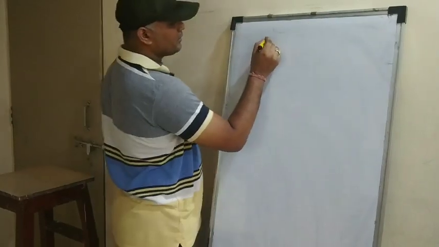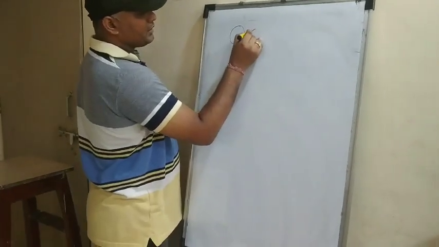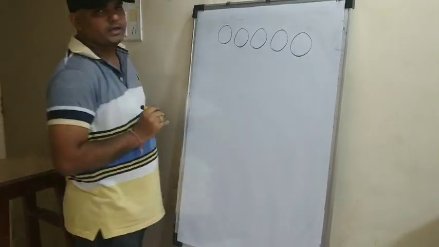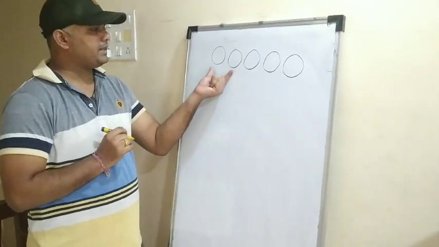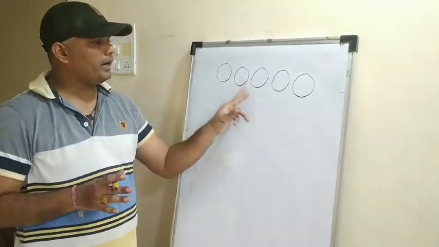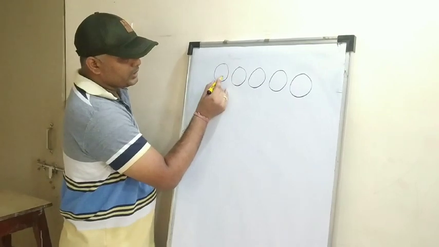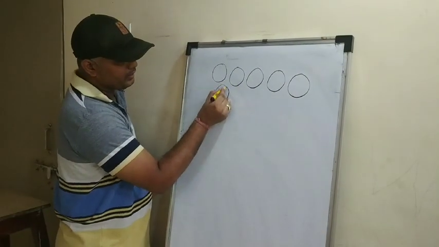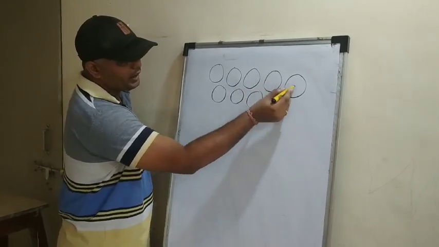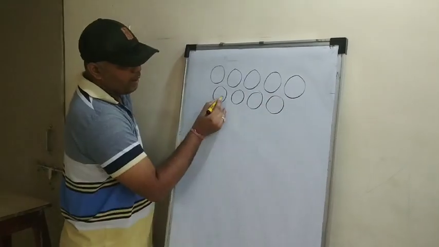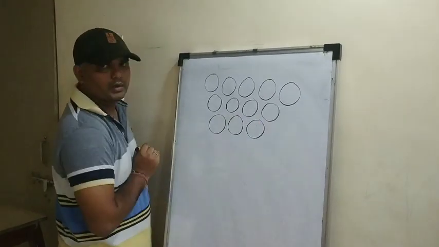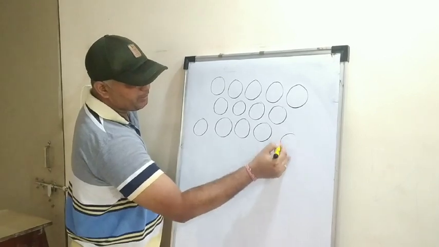Now let's see. See, this is one particle, this is one particle, this is third, this is fourth, this is fifth. Try to understand, my dear students, these particles are closely held with each other, all the particles. But only for your understanding I am drawing it like this, right? So see, this is one, this is two, in between there will be a third one. 1, 2, third one will be here, and the same in each place. Let's draw one particle here, one particle here, right?